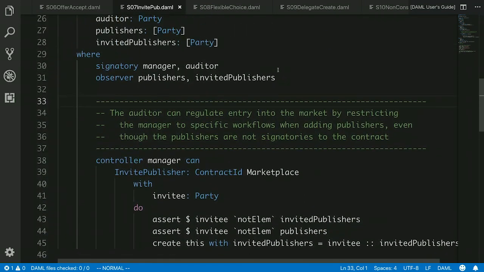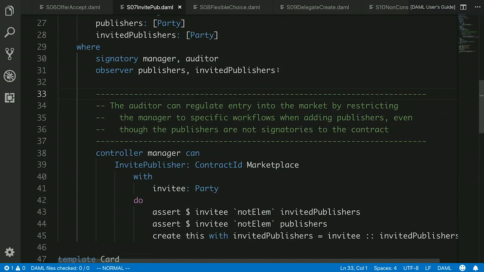Now, the important thing about DAML here is the fact that we can manage these workflows. The workflows are defined in terms of these choices. The modeling language of DAML is an intentional language.